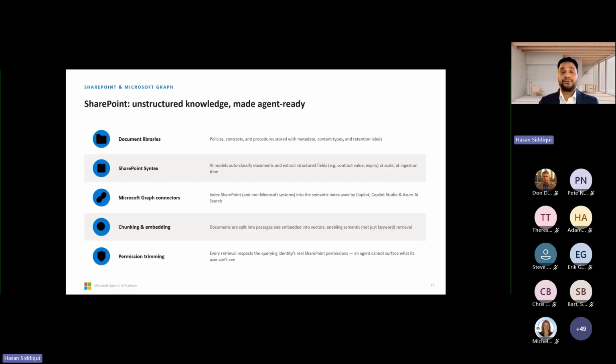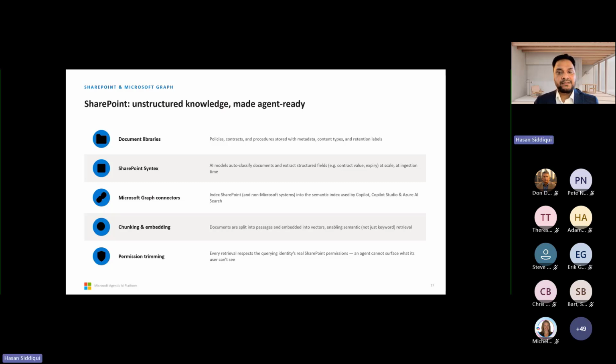Let me also introduce SharePoint here: unstructured knowledge made agent-ready. Think of document libraries with policies, contracts, and procedures stored with metadata, content types, and retention labels, with everything held as properties of the document library.